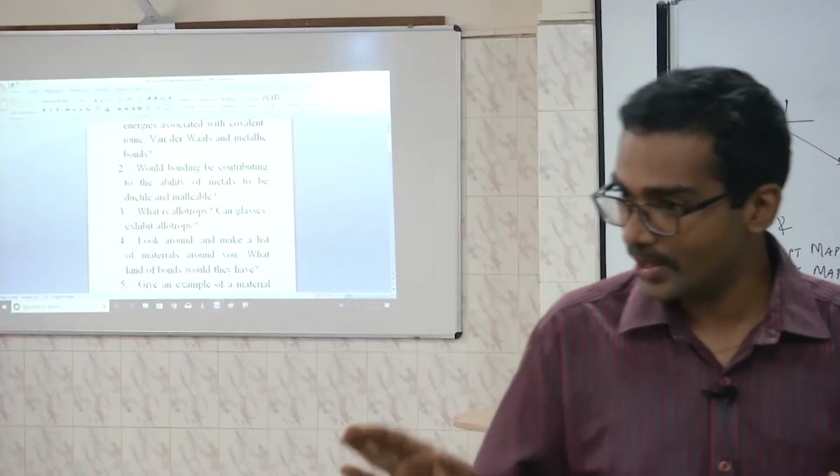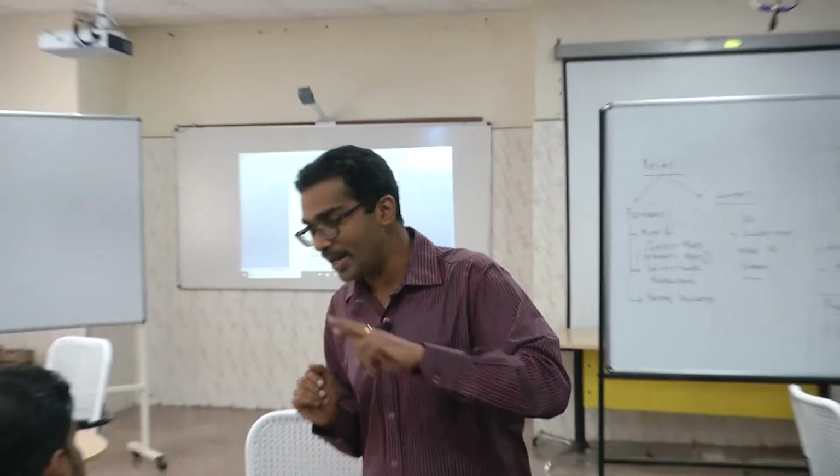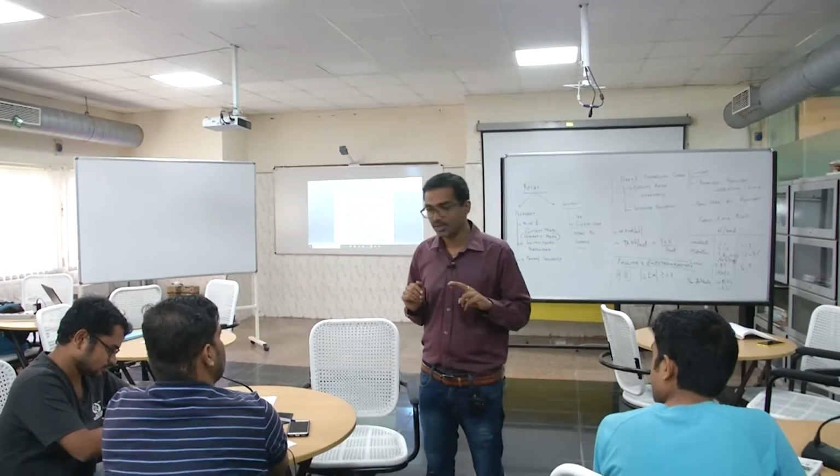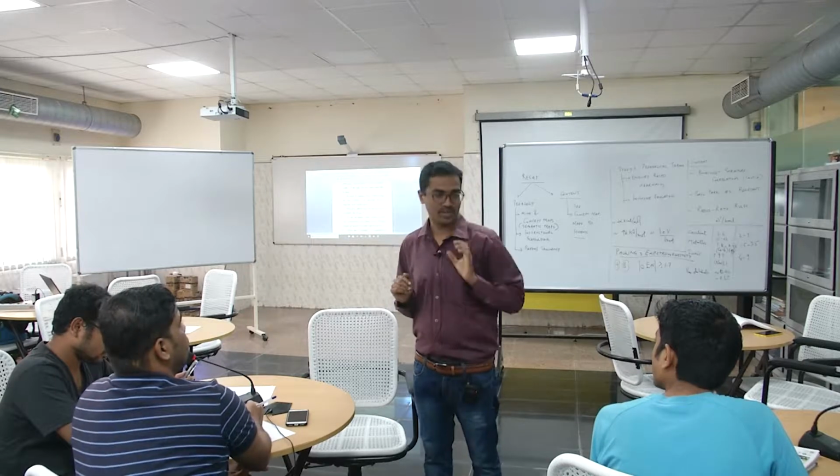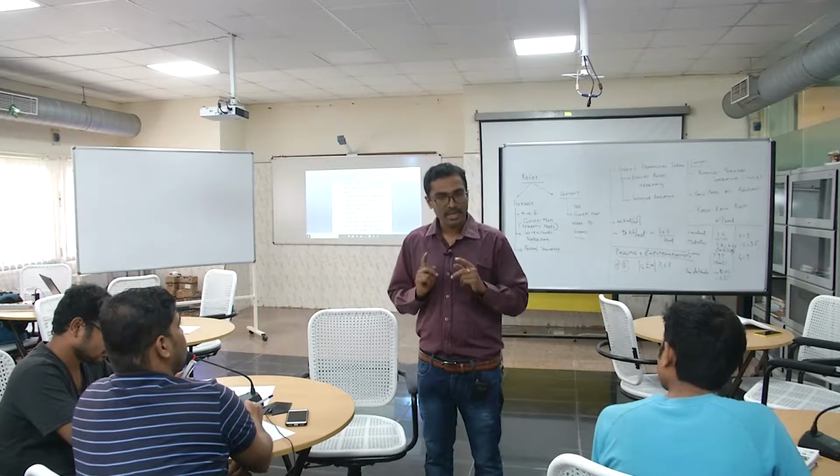Okay? You understand? So, you will give me two data points at least, or two information points. One is, what is the structure of graphite vis-a-vis the structure of diamond? Draw it and show me. Number two,